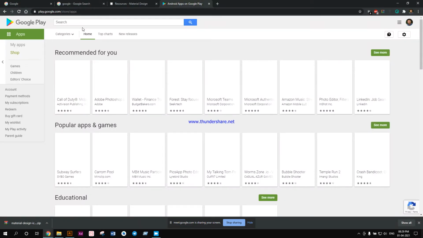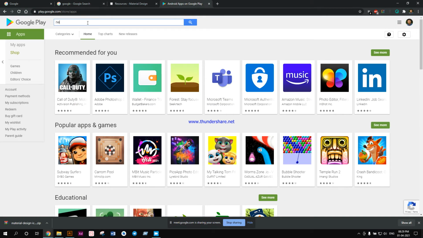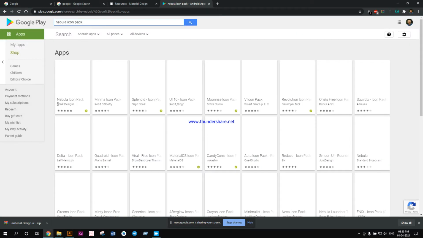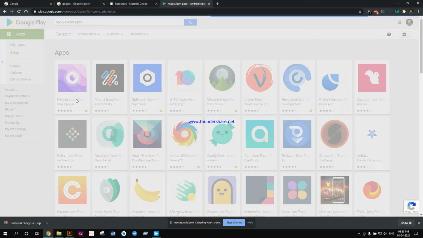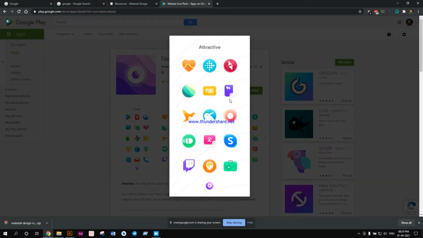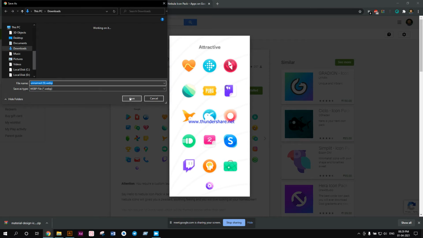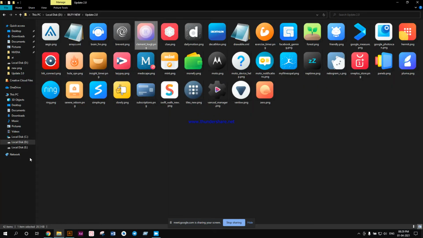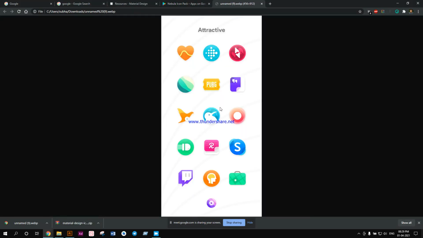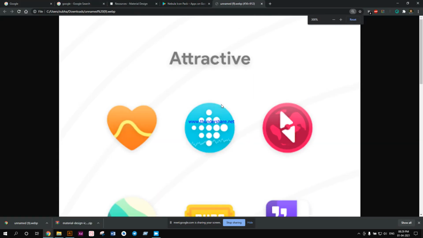Now suppose I go to a Nebula icon tab by ES5. Suppose I download this image. Now look at this.